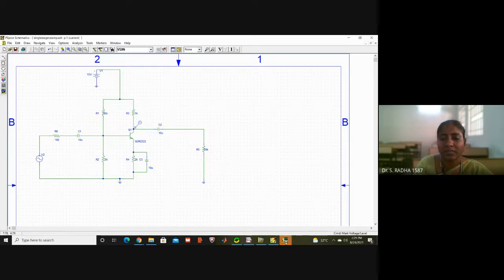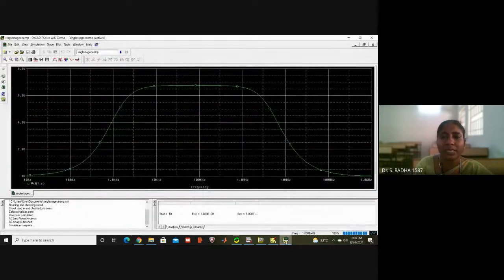So we will see the waveform. Yes, the waveform is correct. This is the frequency response. On the x-axis you can see 10 hertz to 1 gigahertz. And you can see the maximum voltage.